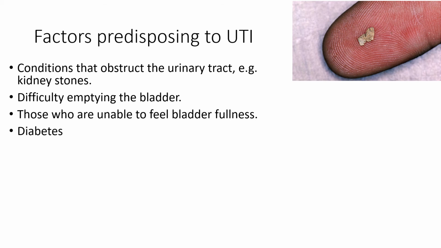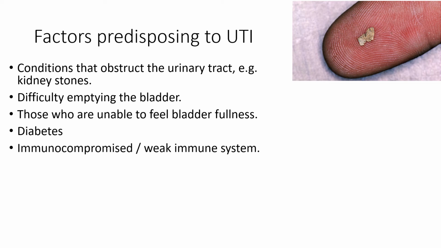Diabetes. Why would somebody with diabetes be at an increased risk of urinary tract infections? Well, if you have diabetes, you have an increased propensity for passing urine that contains glucose. Glucose is not normally found in urine, but if you have diabetes that is not well controlled, if you are hyperglycemic, you will excrete some in your urine, and that will predispose you to urinary tract infections, amongst other things. If you are immunocompromised or you have a weak immune system, you're unable to mount an immune response